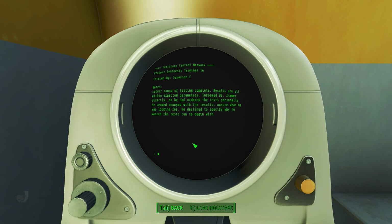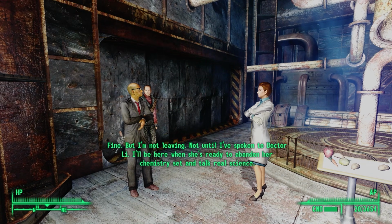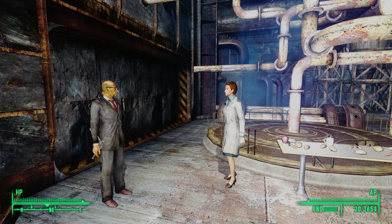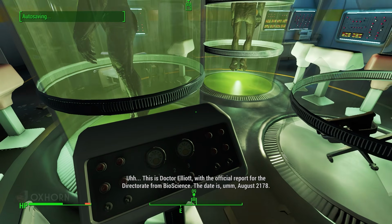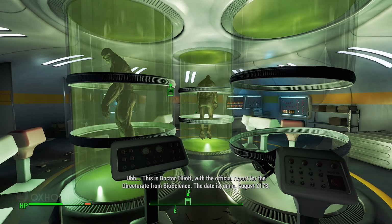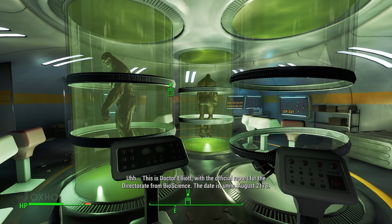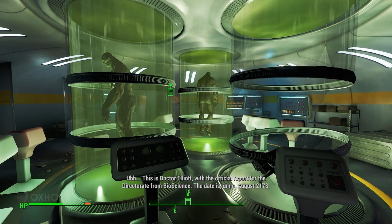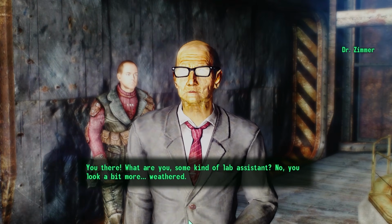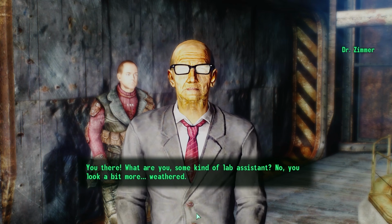Dr. Zimmer? Dr. Zimmer is in charge of SRB, synth retention. Why would an experiment taking place in bioscience report to Dr. Zimmer? We learned in the first holotape that 109 years ago, the FEV lab was still under the bioscience umbrella. Dr. Elliott first started talking about crop yields before expressing his concerns about the directorate's intention to start working with FEV. Sounds like at some point within those 109 years, oversight for the FEV program moved from bioscience to synth